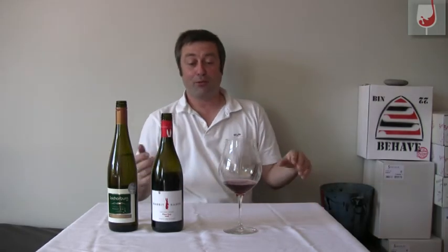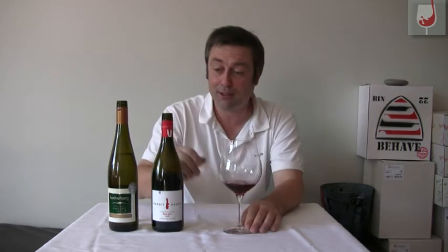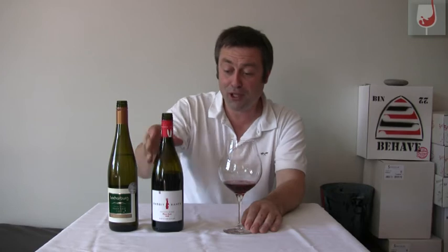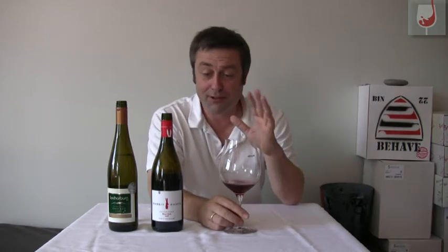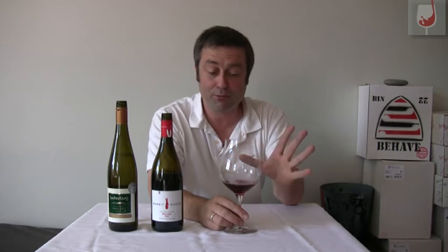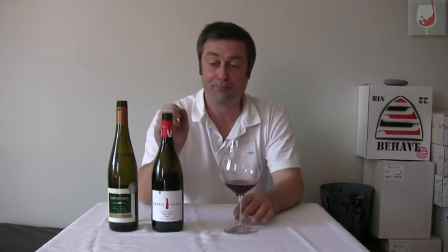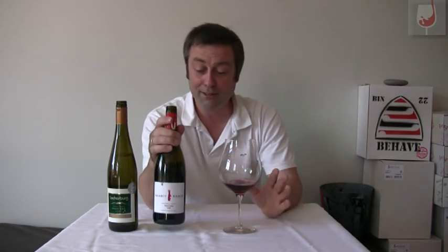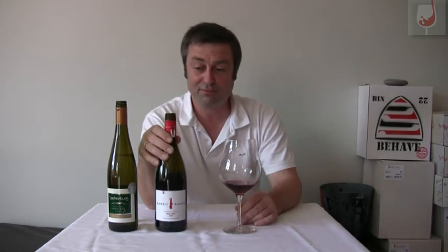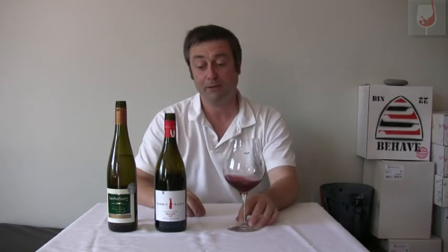This is an 08 example as well. It's not going to age particularly any longer than this year. And if it was 20 bucks, I could understand. I've drunk Pinot, especially from Central Otago, maybe Marlborough, at $20, which are far better wines than this. The nose is quite fun, but the wine is pretty average, really, to be quite honest. It's an 80 pointer,